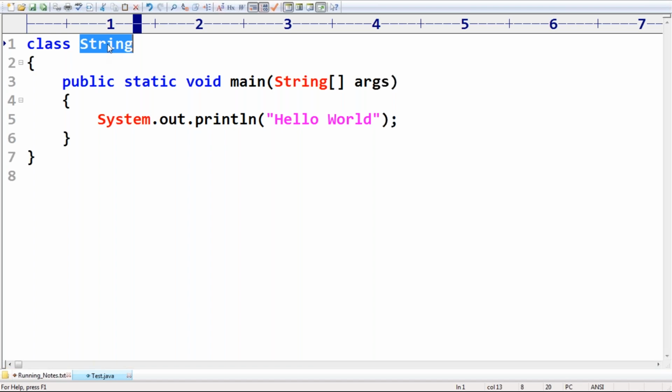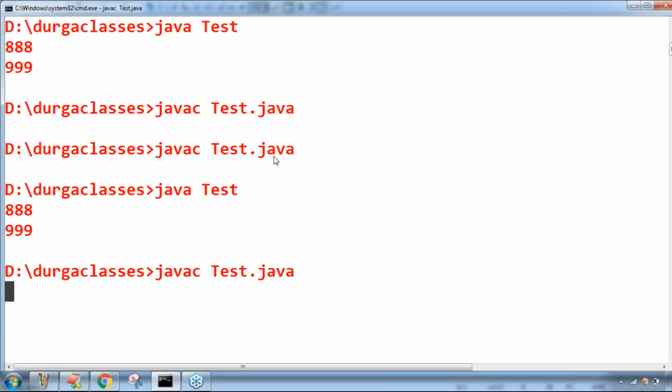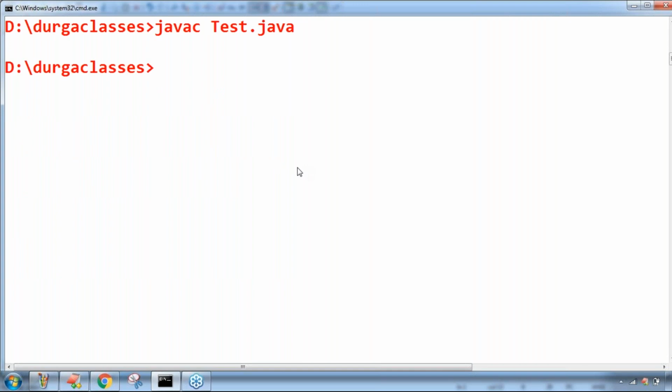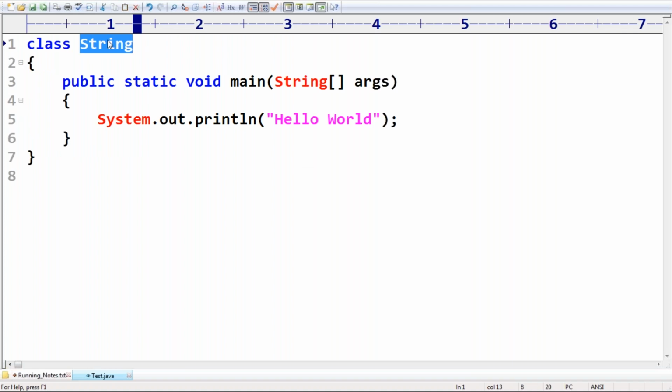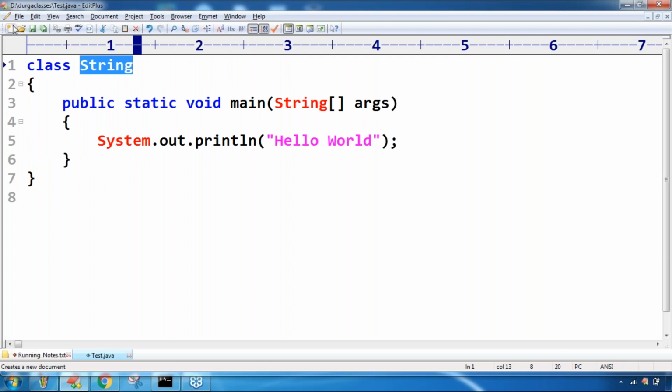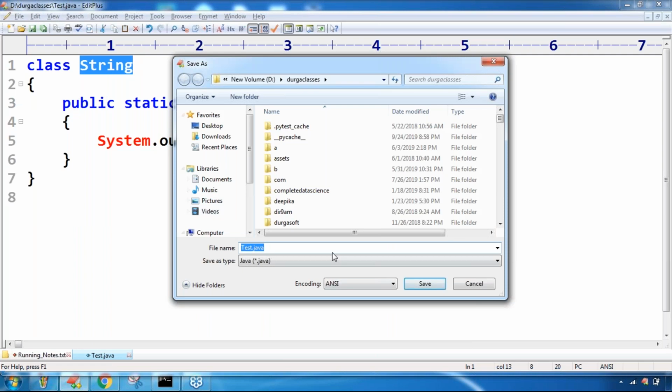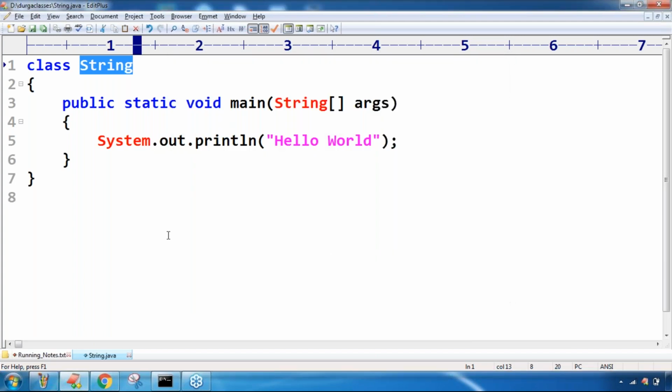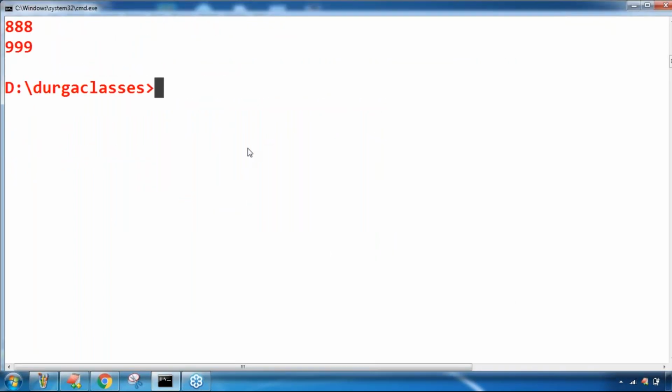This is one doubt that most of the people ask whenever I explain this concept in my regular sessions, friends. Take a bit of very special care. Happily the code compiles fine. But if I run this code, have you observed? Sorry, here String, right? One minute. Let me save this code as String.java, because I used String. Let me compile this code.